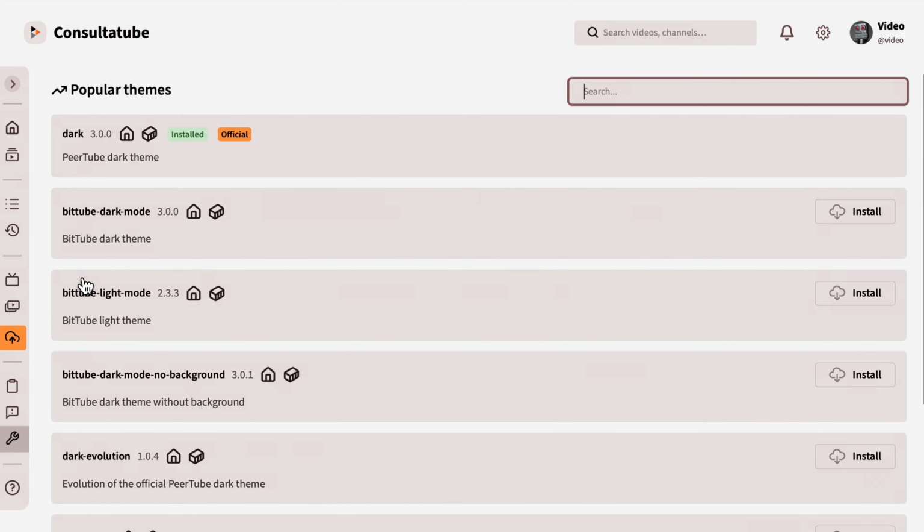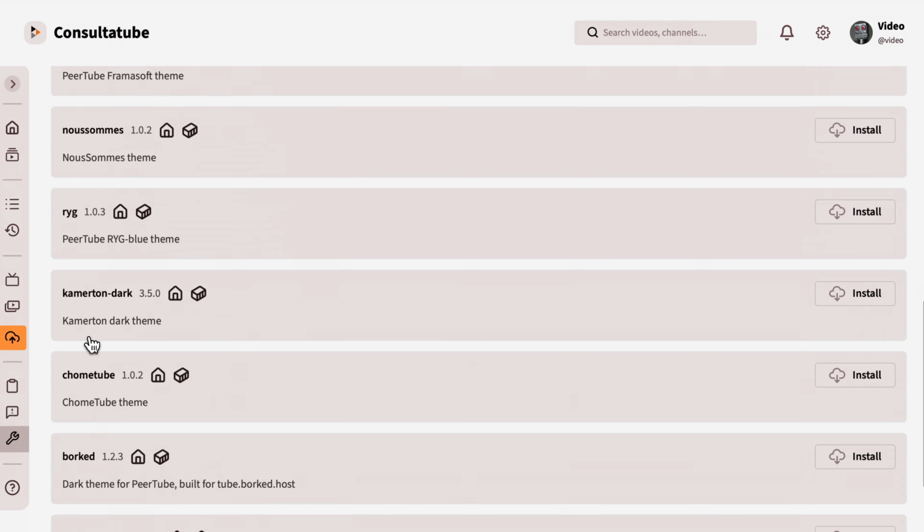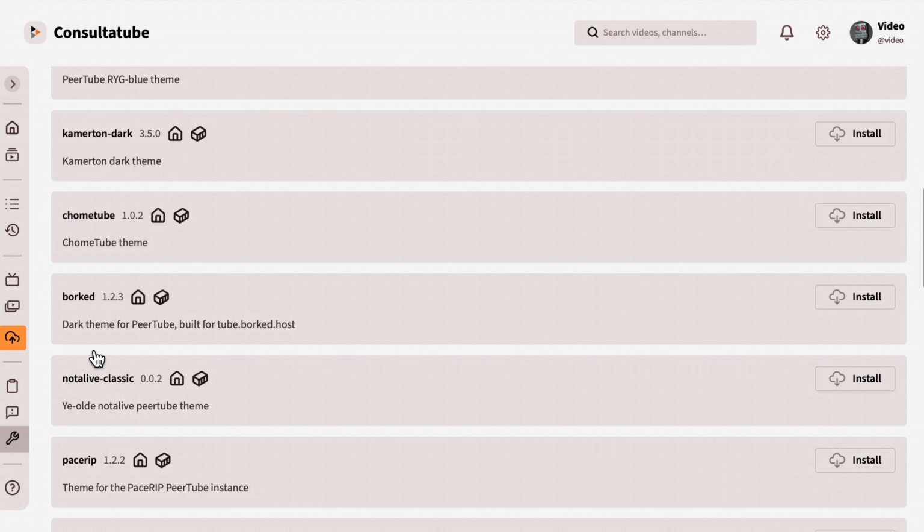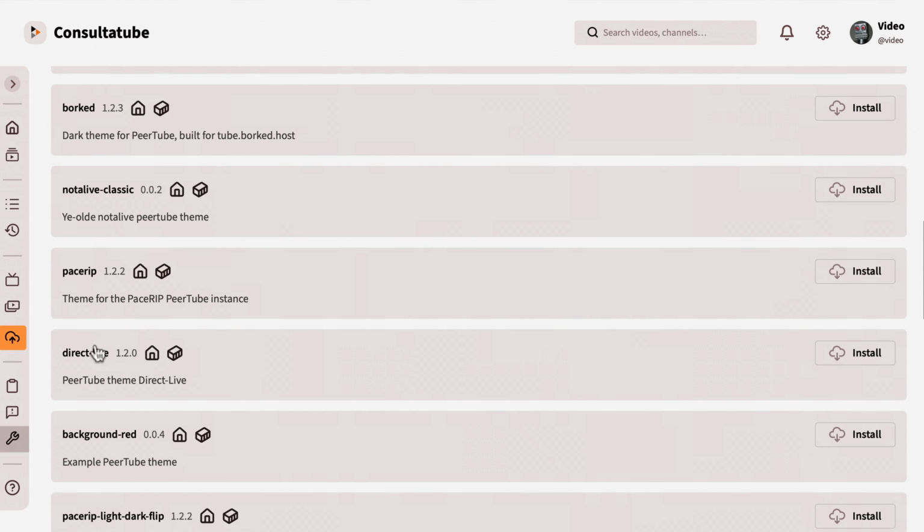Themes is a fairly similar deal. There are lots of different themes. Some of them are doing a great job of implementing everything and are up to date. Others are somewhat deprecated or don't actually work very well. So, especially when your instance is new, you can try installing some and seeing if they work.